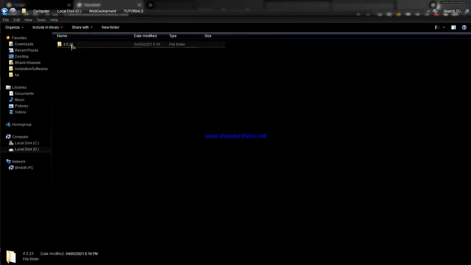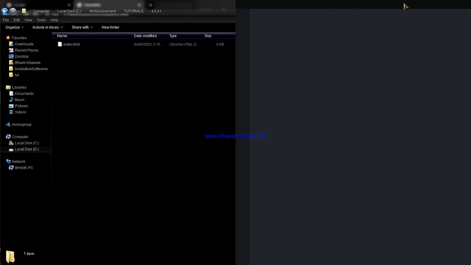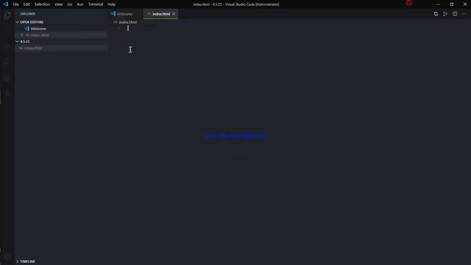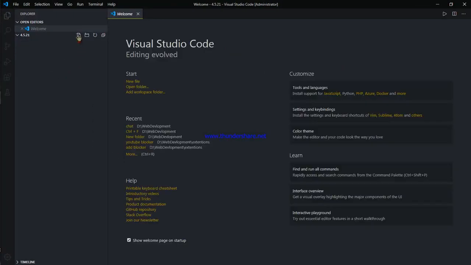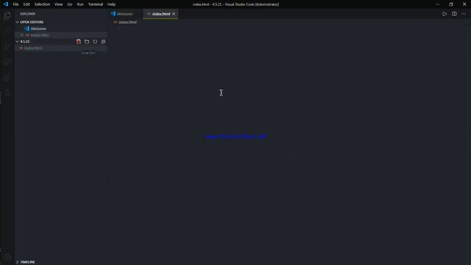So let's get into the new folder. Open this in code, and here we will create a new file that is index.html, and one more that is style.css.